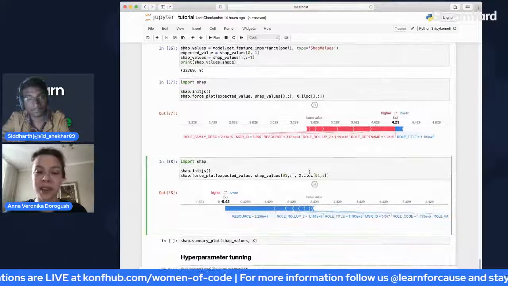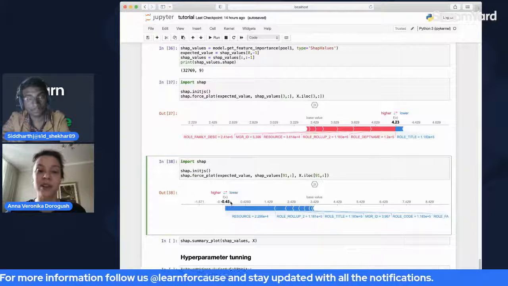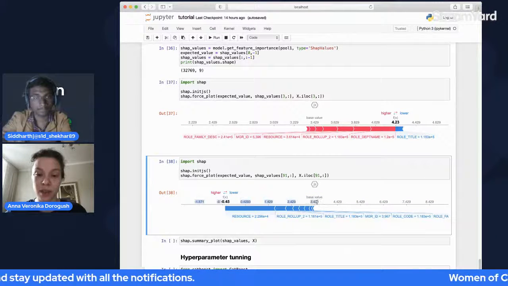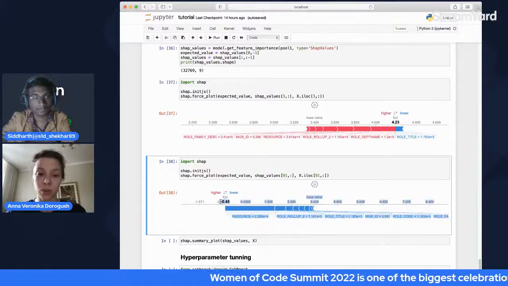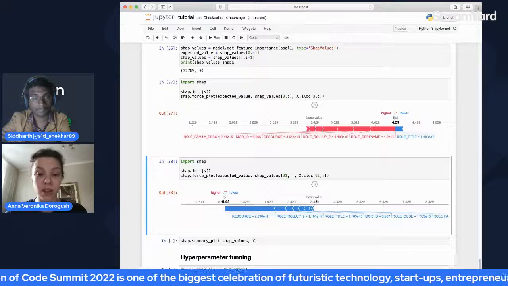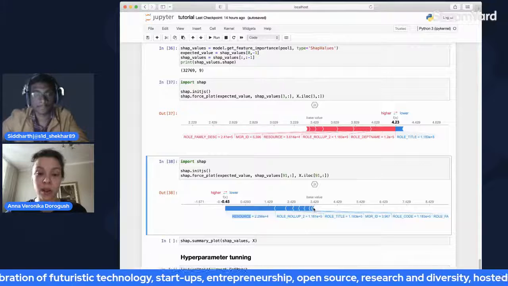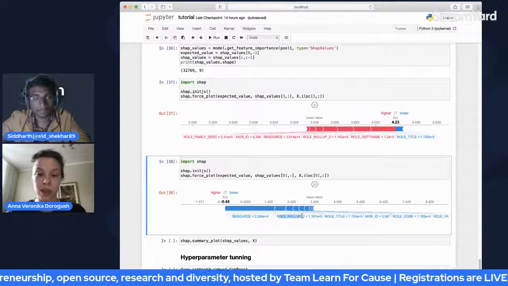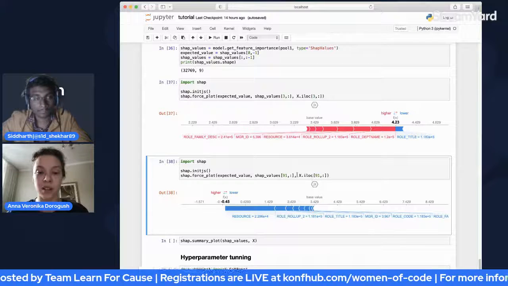The same thing you can look at for another object which has a very low answer, so a very low prediction. There is the same average value, and the value of this particular data example is very low. So you can see that it was here initially, and the average is here, but because of the value of the feature that is called resource, we make a huge leap to the left. Okay, and for all other features, you know the size of the leap, so the size of the importance of this feature for this particular sample in the dataset.